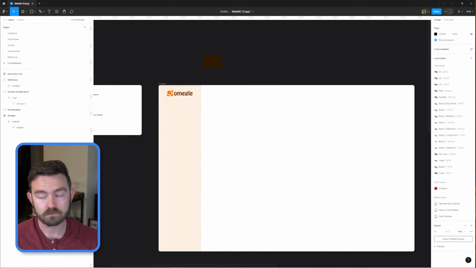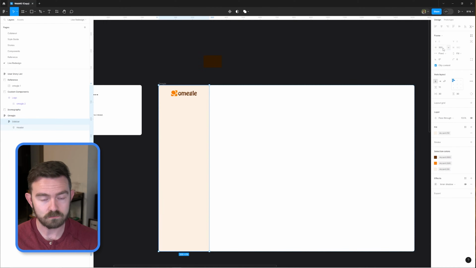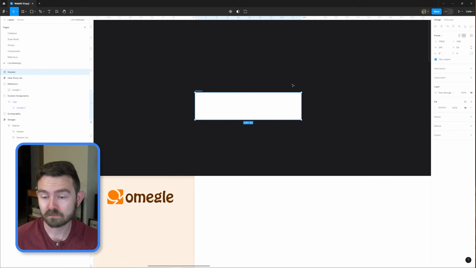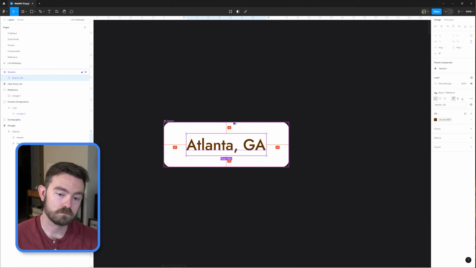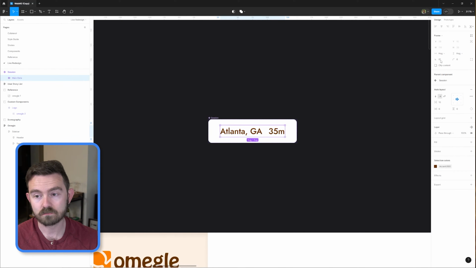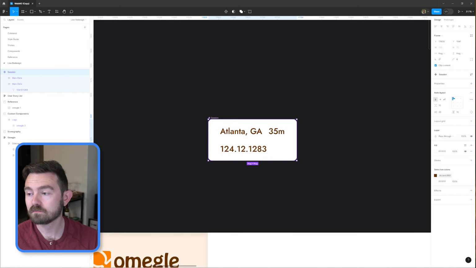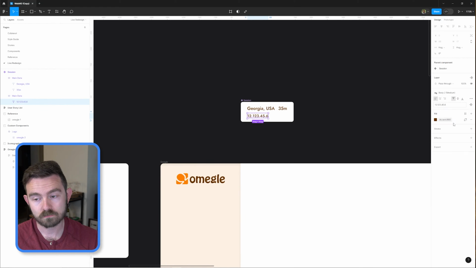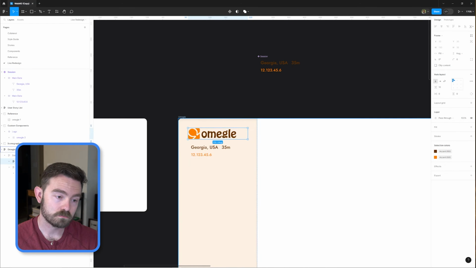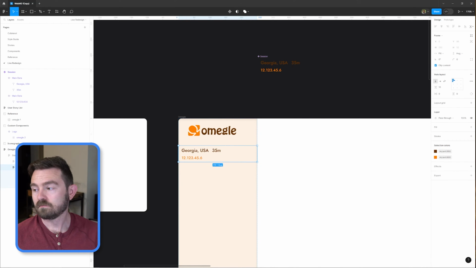One of the core problems with the old Omegle UI was that there was just no navigation. I mean, why would you need navigation? And the only reason I can think that you would need that is if you wanted to look at your session history. And that might be useful for seeing who you've talked to in the past, generally speaking, and how long you were talking. Now, to preserve the anonymity of Omegle, we wouldn't use names or anything, but we could use some IP sniffing